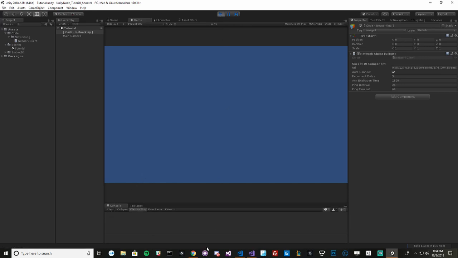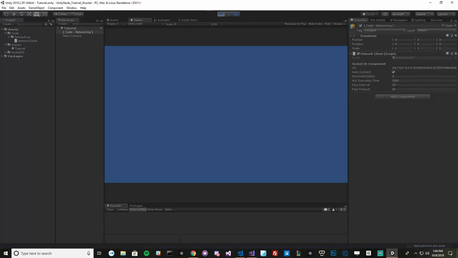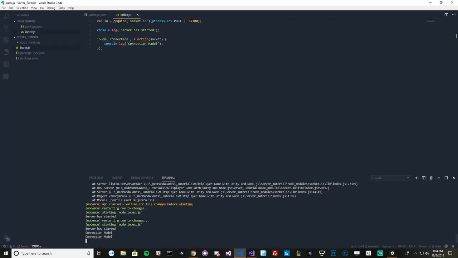So we have a connection made, and if I go back to here, it's just going to say 2 connections made. We don't have an event for disconnection yet, so that's why it doesn't say disconnected, and we can do that. So I still have this running. It's your choice if you want to close it, but the cool thing about NodeMon is you can leave it running, and then we can add in other events. So I'm going to go back to here,